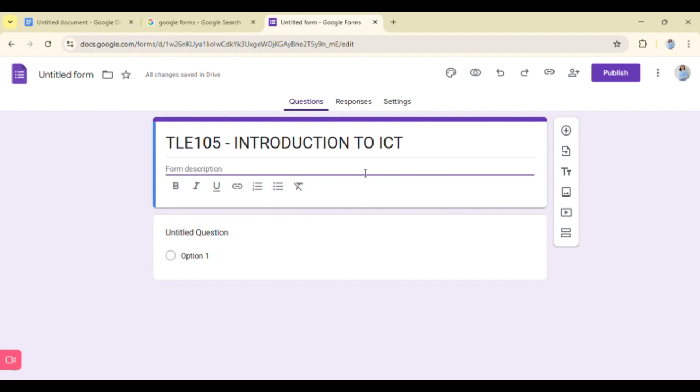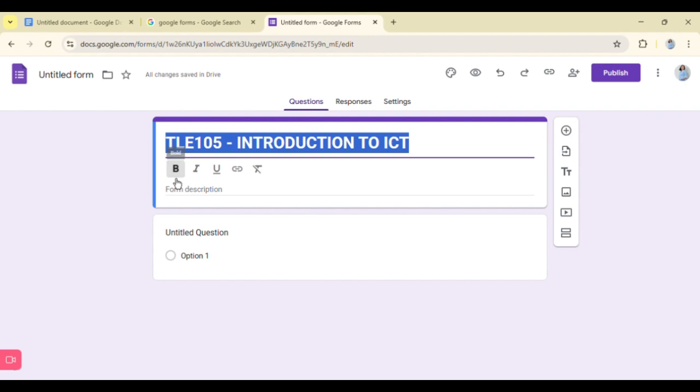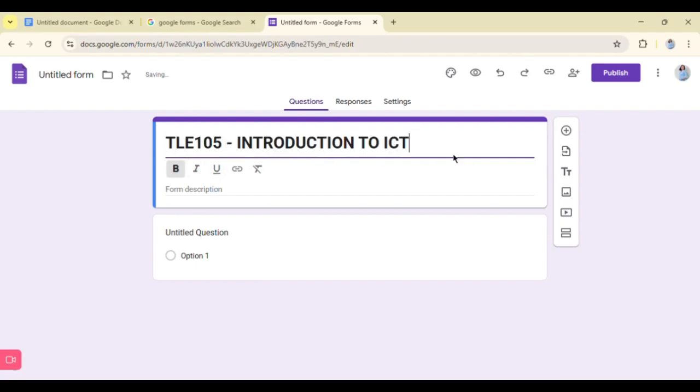Or we may also leave it out. In other cases, like for instance, if we're going to use Google Form for a survey for our research or thesis, in this part, the form description, this is where we can put the greeting to the respondents, right? And if you want to bold it, you can just press that. Or italicize it, or underline it, but that's too much already, so let's just bold it. So that's the title. That's it.